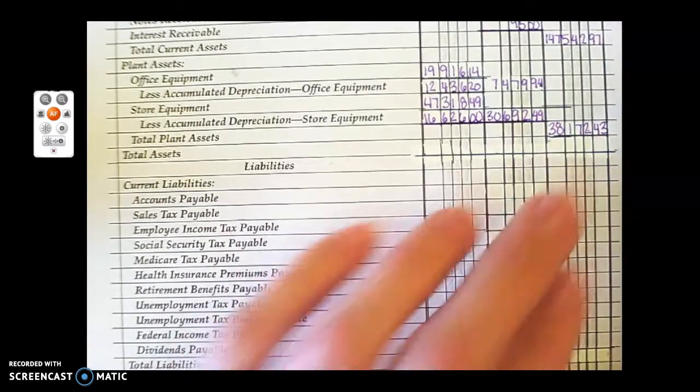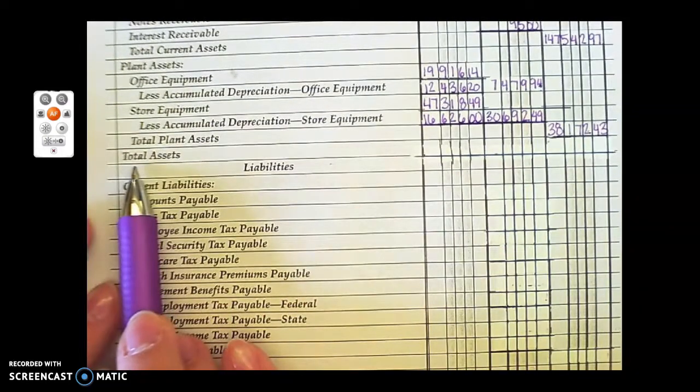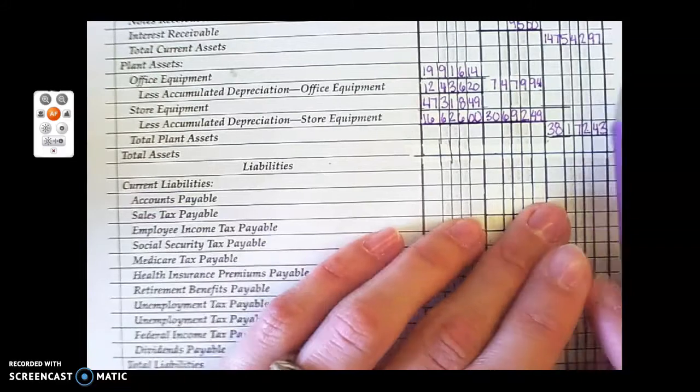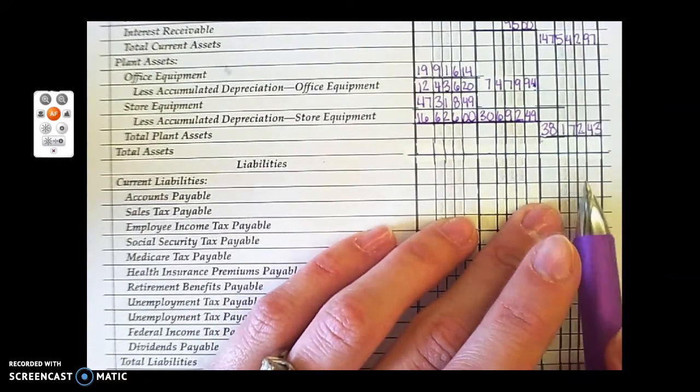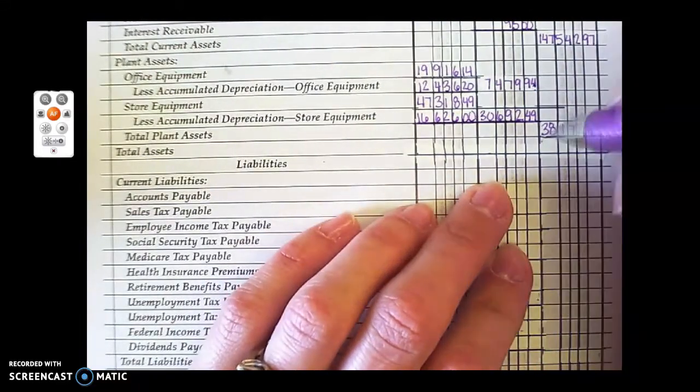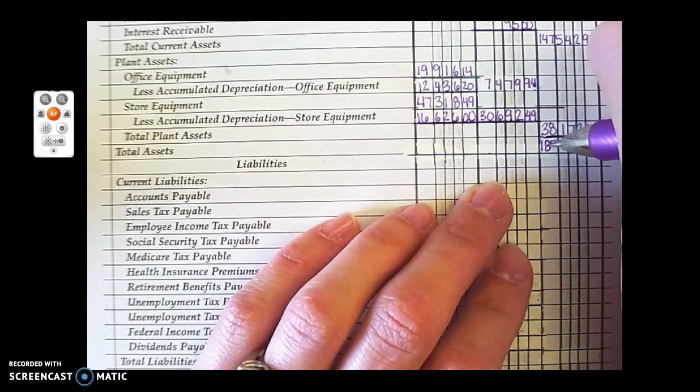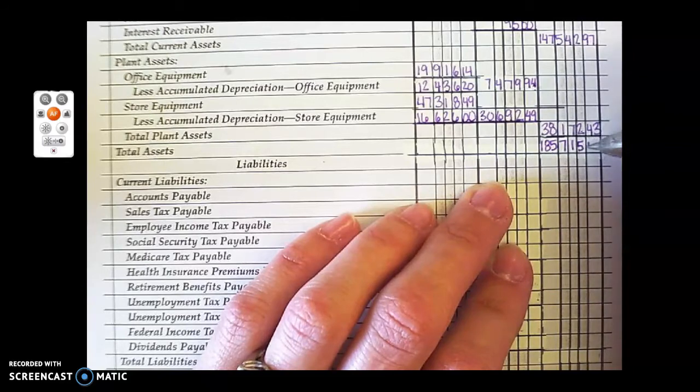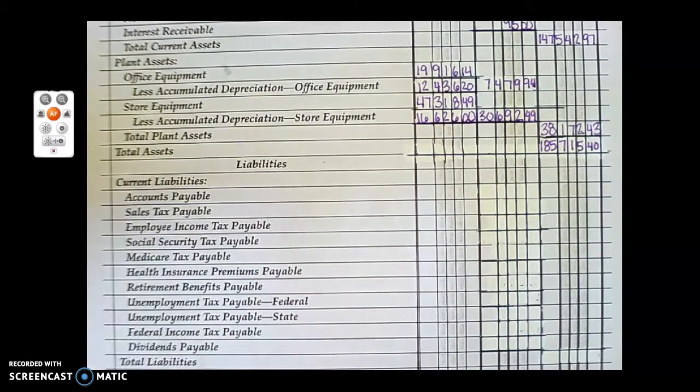$38,172.43. And our last part of this section is we need our total assets. We will add our total current assets plus our total plant assets, and we will get $185,715.40. Now, this is the left side of our accounting equation, because the accounting equation is assets equals liabilities plus